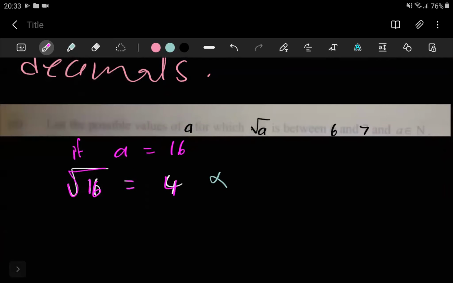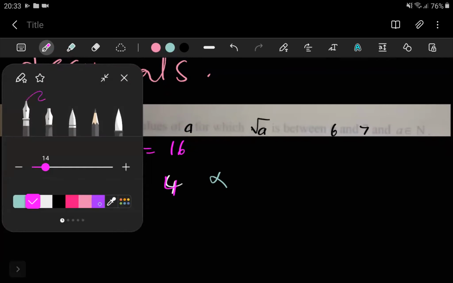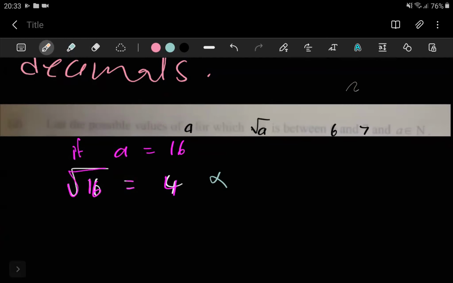Instead of picking random numbers for a here, we have to pick square numbers, obviously, because only a square number will give us what you may call